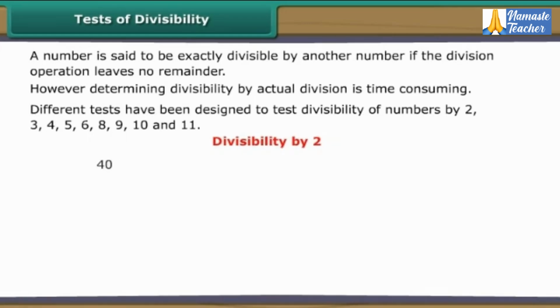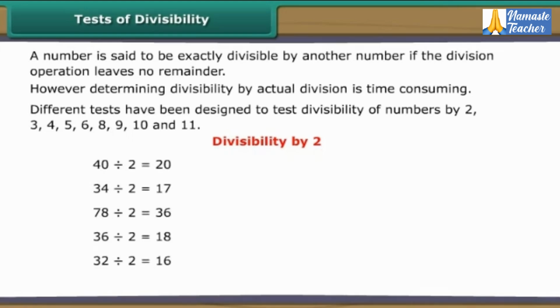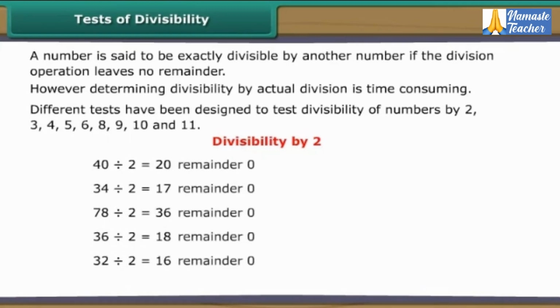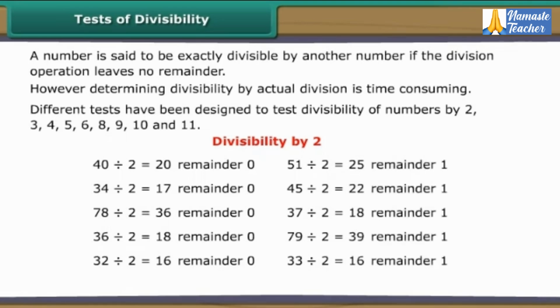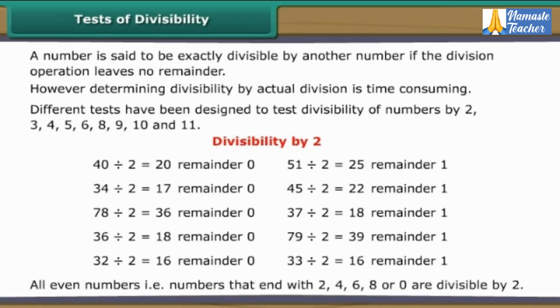Consider some numbers: 40, 34, 78, 36, 32. Let us divide them by 2. 2 divides them all exactly, leaving no remainder. Consider some more numbers: 51, 45, 37, 79, 33. Let us divide them by 2. 2 does not divide them exactly. It leaves a remainder of 1 in all cases. It is clear that all even numbers, that is, numbers that end with 2, 4, 6, 8 or 0, are